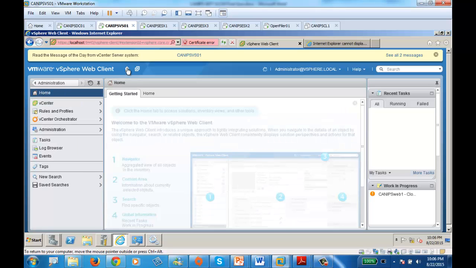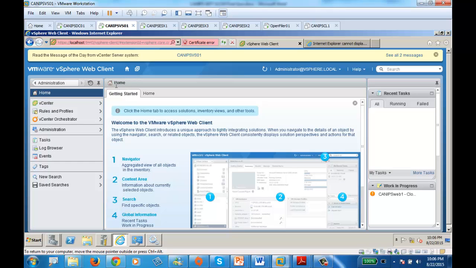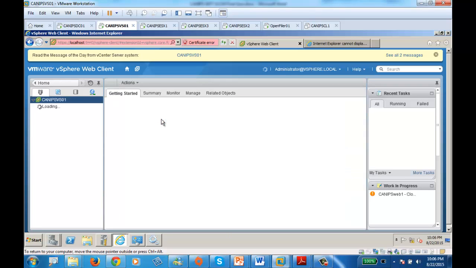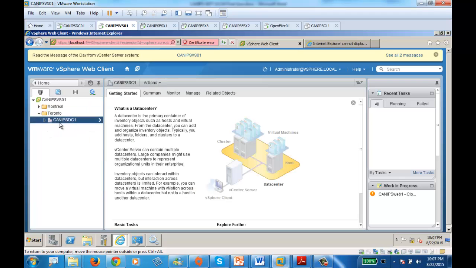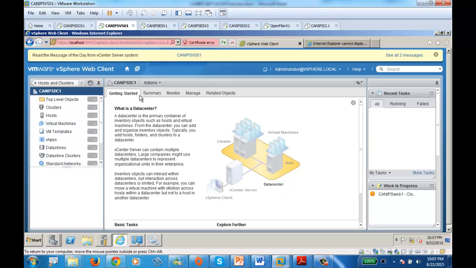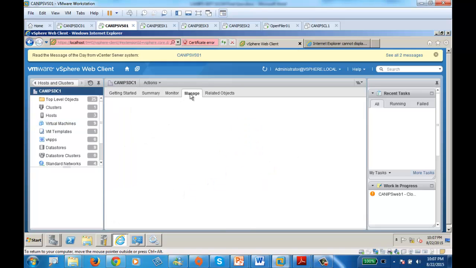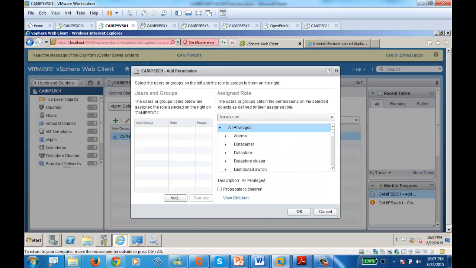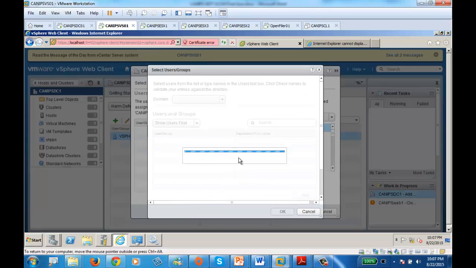So guys, now since we have integrated Active Directory with this, let's jump back to home. From home, let's go to hosts and clusters. So there are a few ways to assign permissions to this environment. You can go to hosts and clusters and then go under the cluster here. For example, if you need to give full access under this data center, you can go onto this data center and go to manage, and within manage you can go to permissions, and within permissions now you can go and add people to this. So I'll go add,